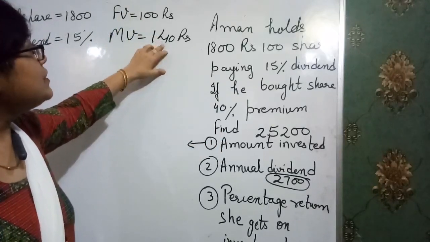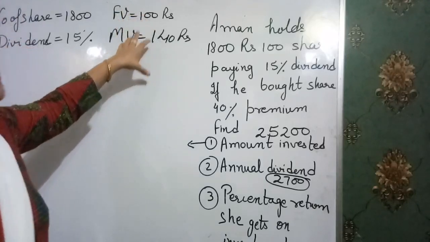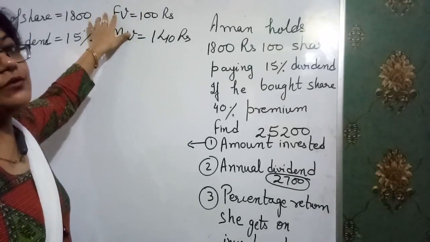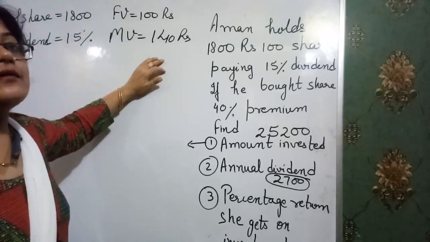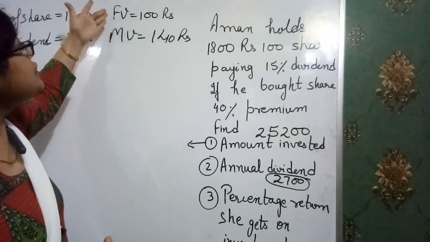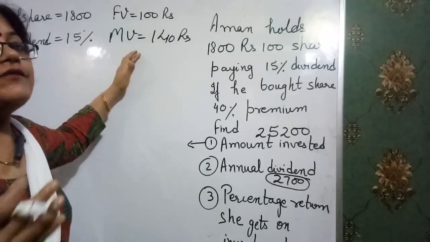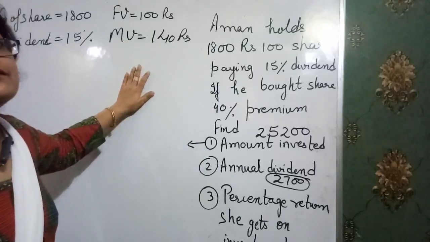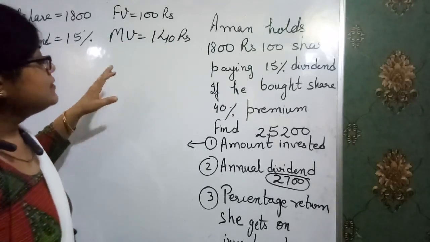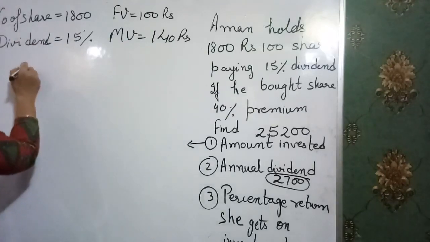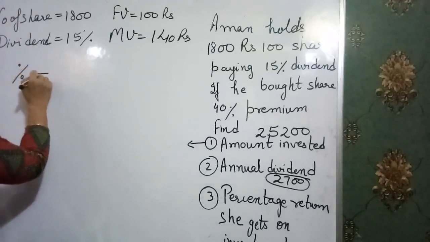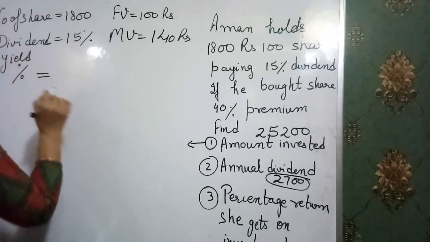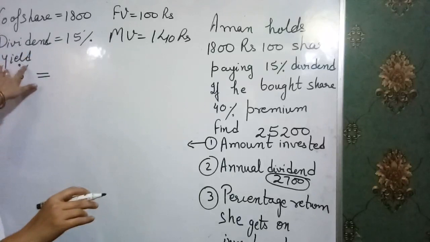If the actual price of the share which we bought is the same as face value, our income must be higher. But because we bought the share at a higher price, the income which we receive from the company becomes lower relative to the amount invested. Clear? So in this way, percentage return is just like a difference. For percentage return, I just write the percentage in this way. In some questions it is also asked to find the yield.